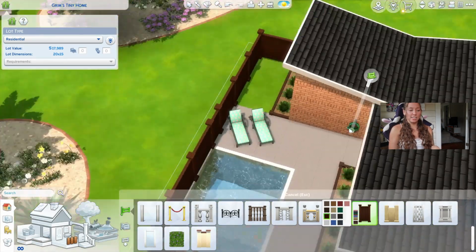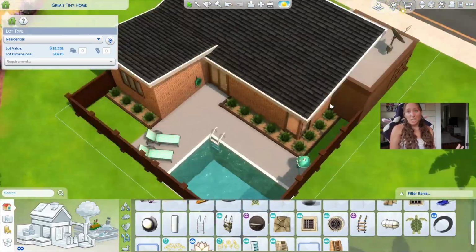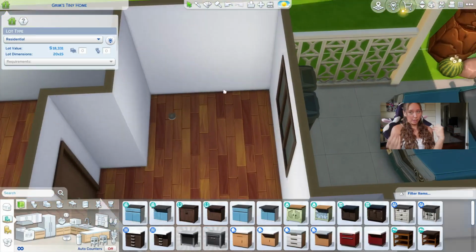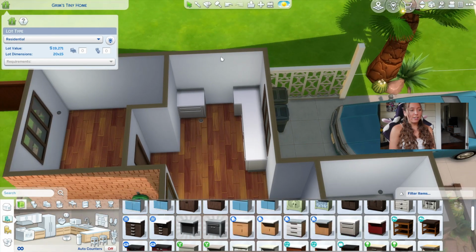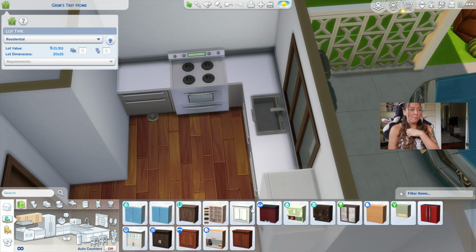But we're moving on into the interior, where you can see I did the floor plan off camera because floor plans be taking me a minute. No one wants to see that. Unless you do, then I'll happily leave them in and you can hear me yap even longer. But this home ended up being a 2-bedroom, 1-bathroom house,